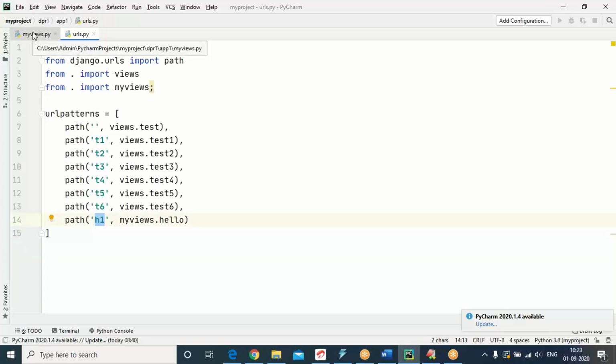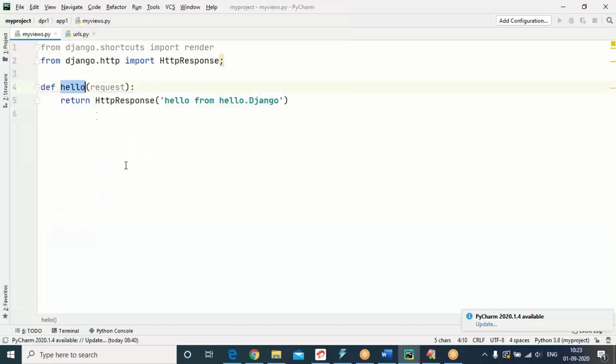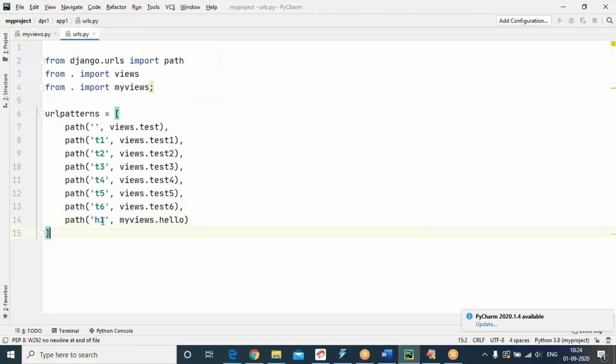Now, come to my views. Hello function is simply returning hello from hello.django. Now from a browser address bar, give a call to h1.